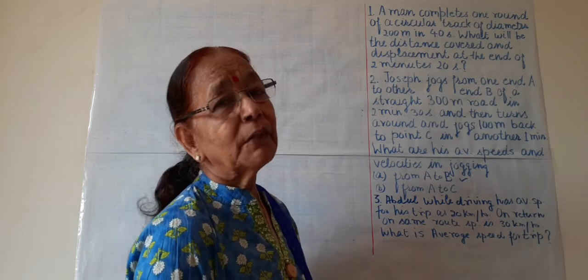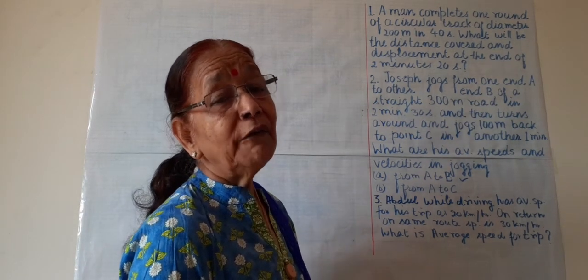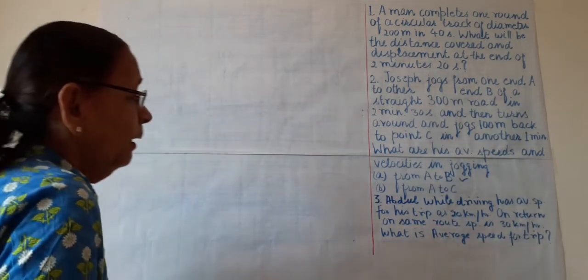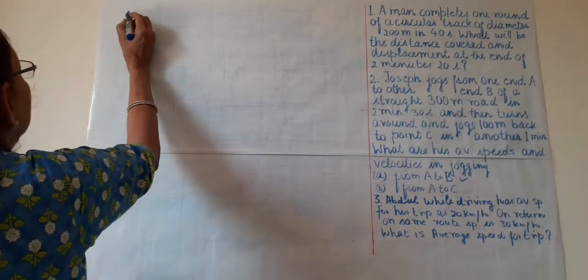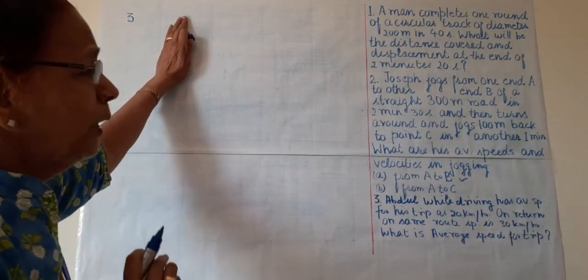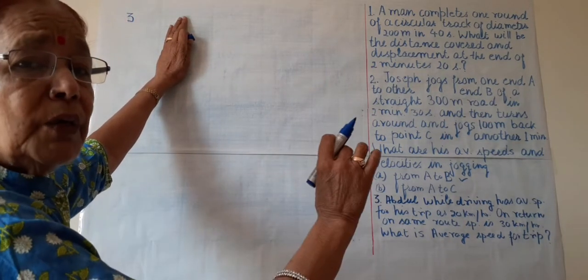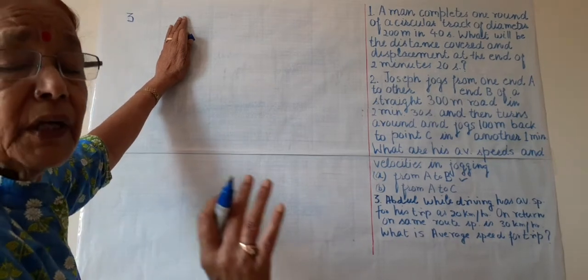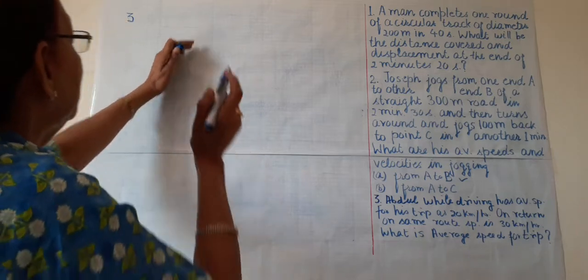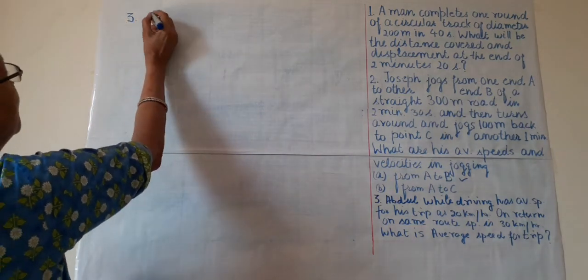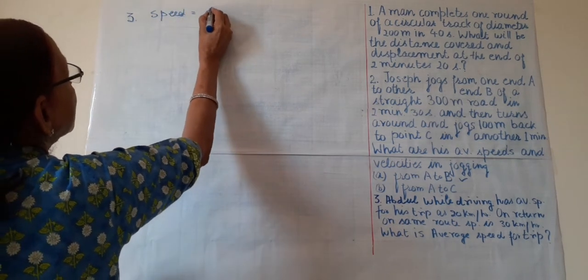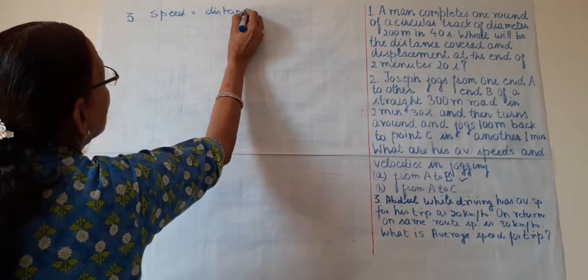Kilometers per hour. But no, this is wrong. We cannot do it like this. We have to calculate in an organized manner. How will we calculate this question? We know only two speeds, one towards right, other towards left, and we want to calculate the average speed. Nothing else is given, so we will suppose. The formula for speed we know is distance upon time.